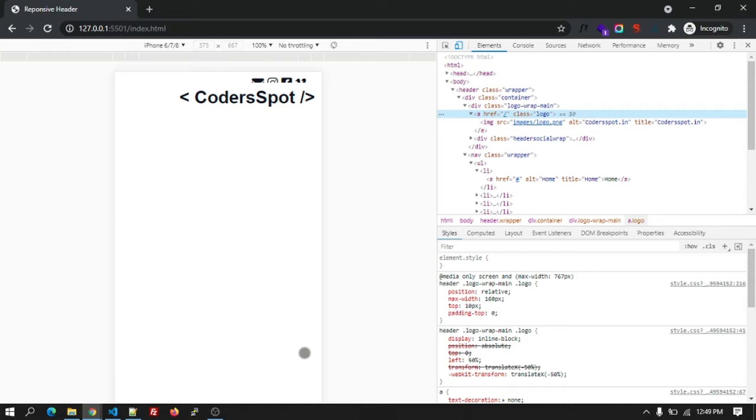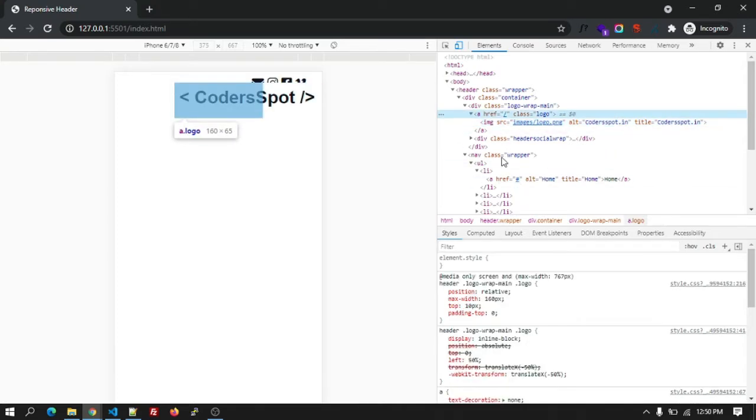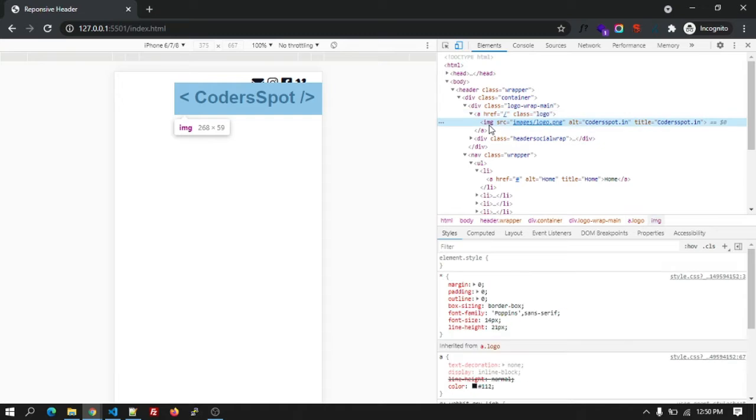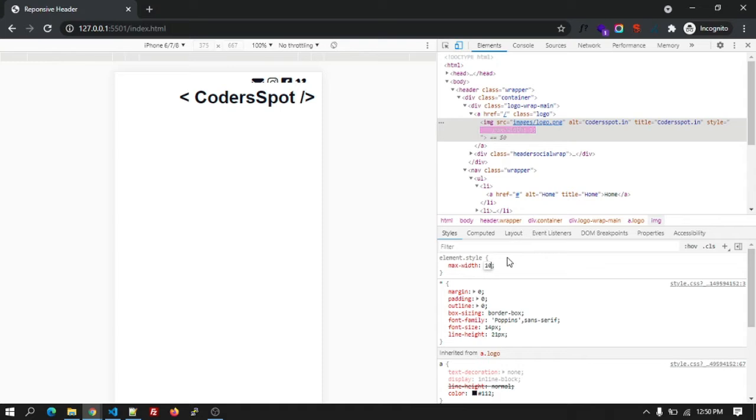So this is how it is looking. Let's see if the CSS is applying or not. Okay, it's applying, but the alignment is off. Let's make the image max-width 100%.